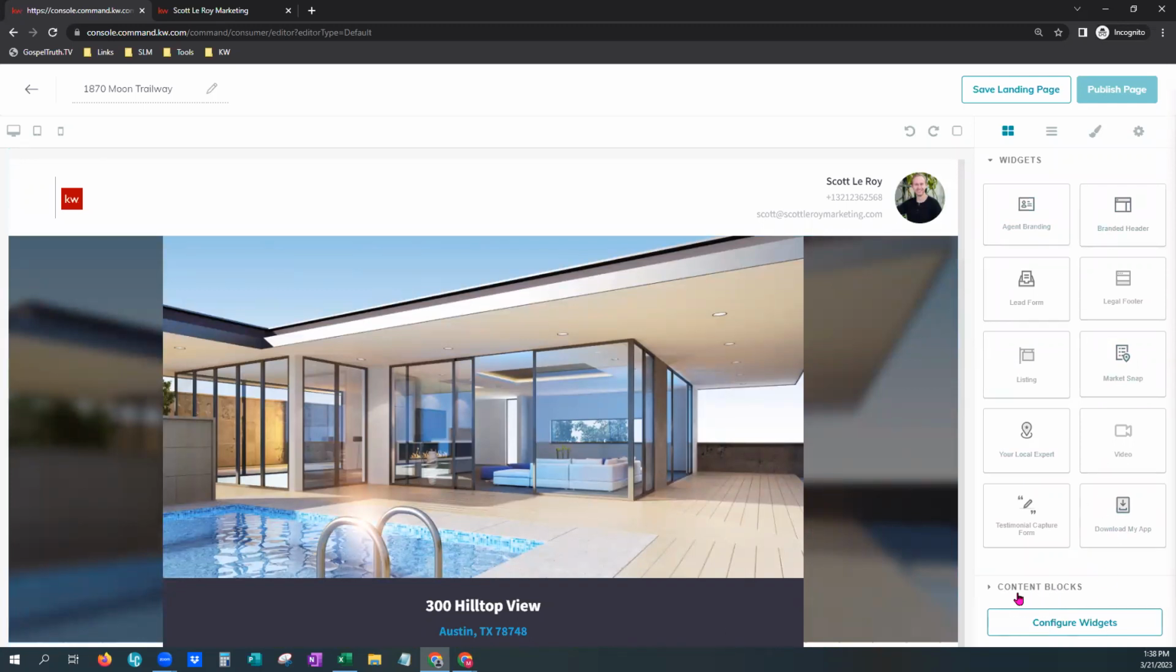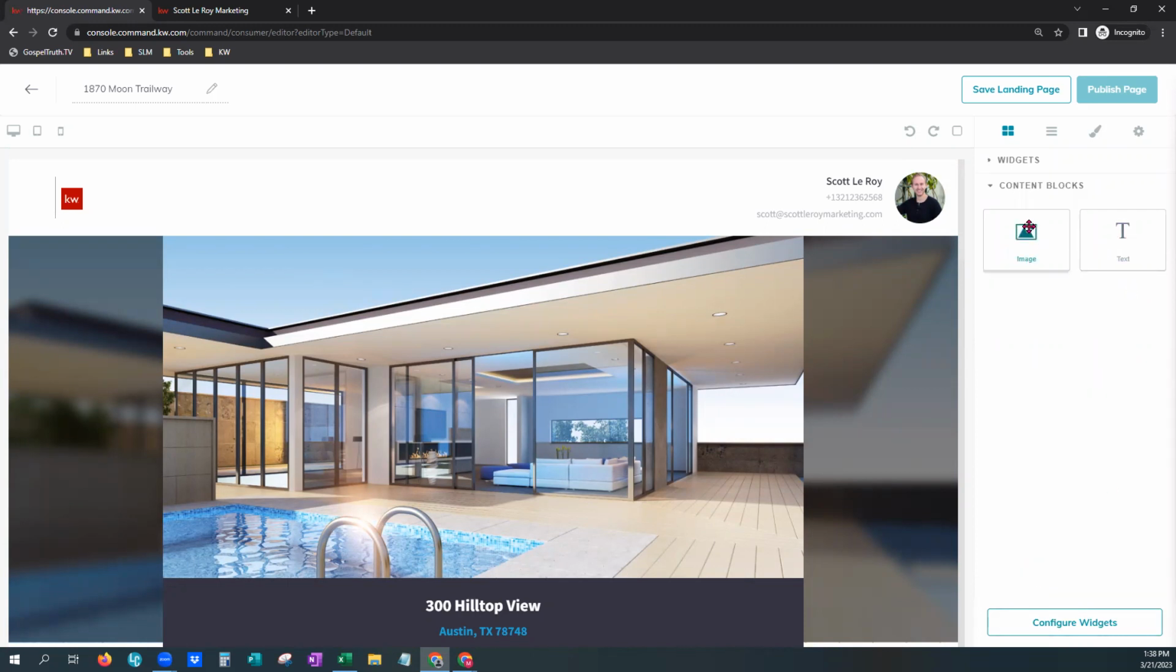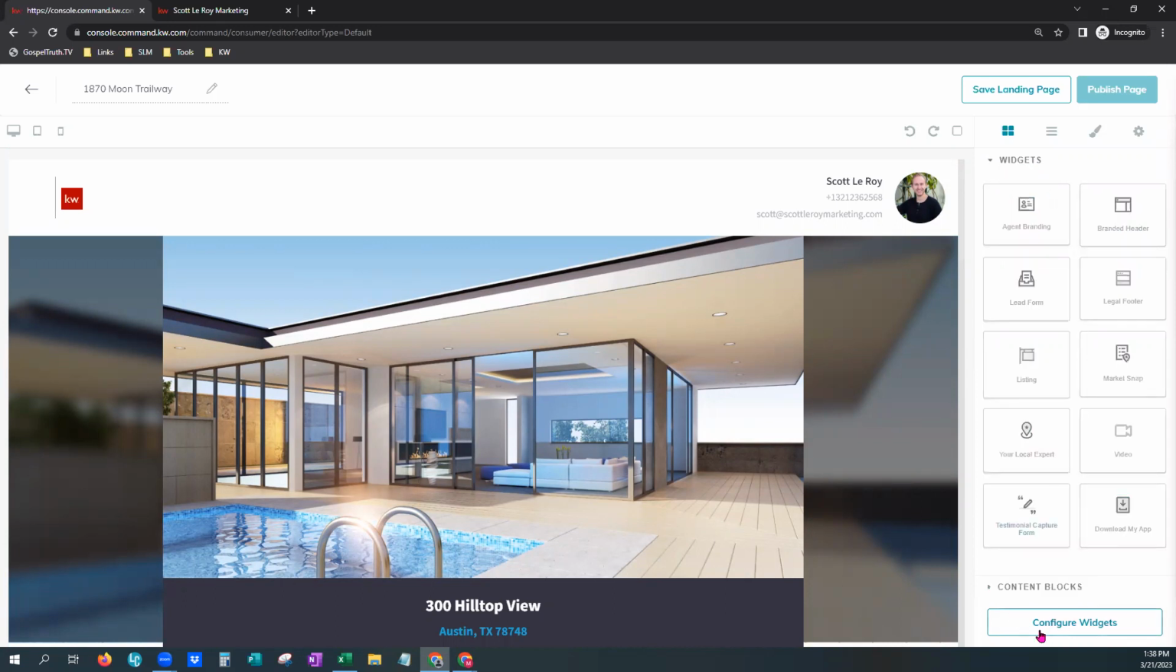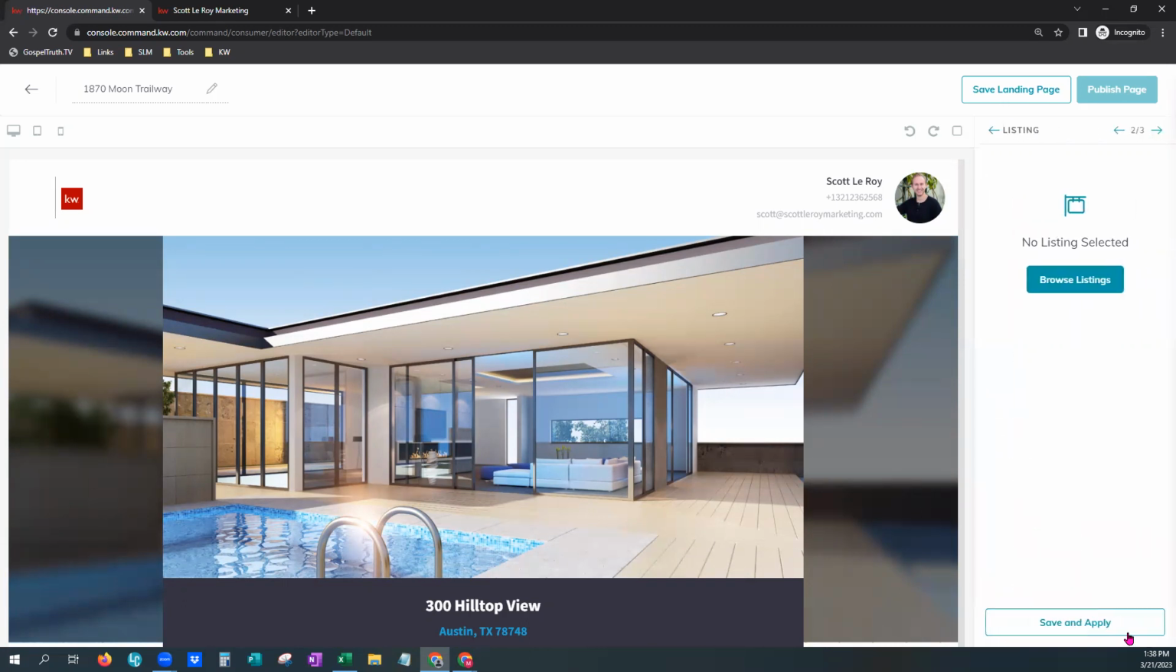See where it says content blocks on the far right? I can click that image and text. If you want to add those, you could add those in as well. We're just going to not go into those today because I don't have any additional text or image to add in. So on the right, I can click configure widgets,